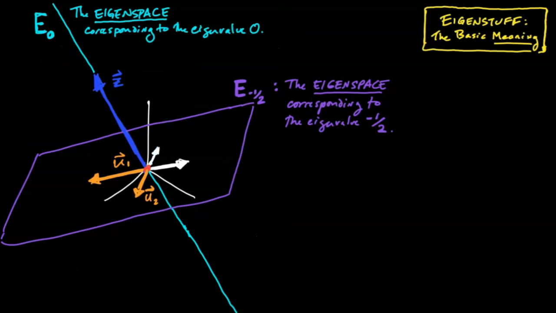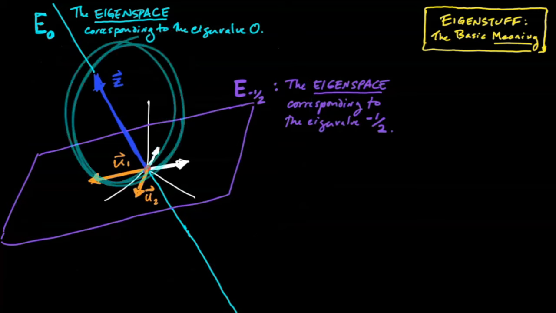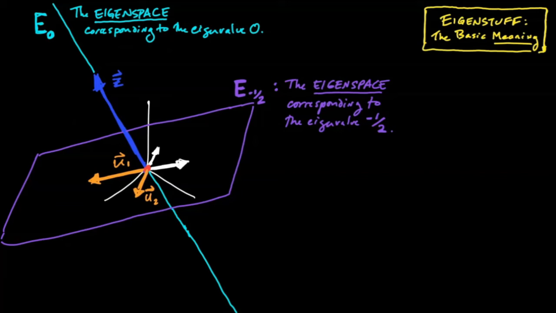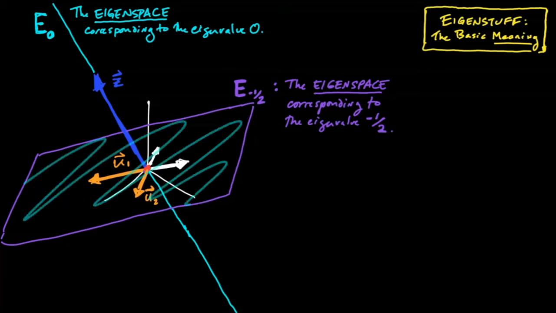But we know that's not true. We're staring at Z, for example, which we know has eigenvalue 0. The same vector can't be an eigenvector with respect to two different eigenvalues, because then what would it mean? Z simultaneously gets scaled by -1/2 and gets scaled by 0? Well, that doesn't make any sense. It has to be one or the other. So we know that our hunt for eigenvectors with eigenvalue -1/2 must be complete. This is the complete set.